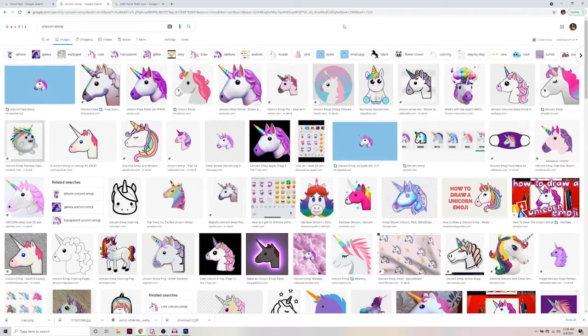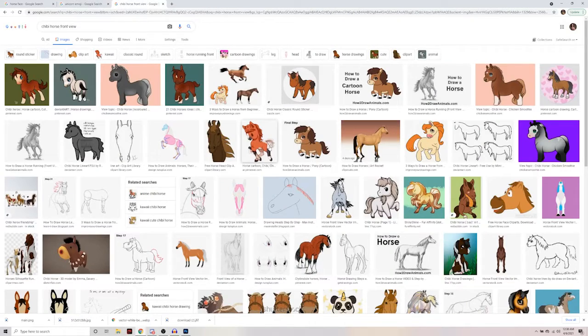So I found all that I really wanted to find from here. Now I'm looking for narrower results, more suited to what I'm looking for. So I searched up chibi horse front view. Now, chibi is just a style. I'm not huge into this sort of style, but I know that there's a lot of cutesy little cartoony stylistic choices that are made when you draw something chibi. So I looked up a chibi horse face, or chibi horse front view,